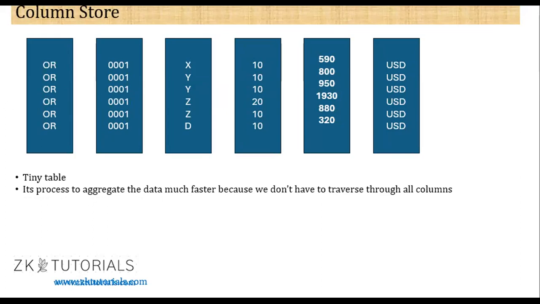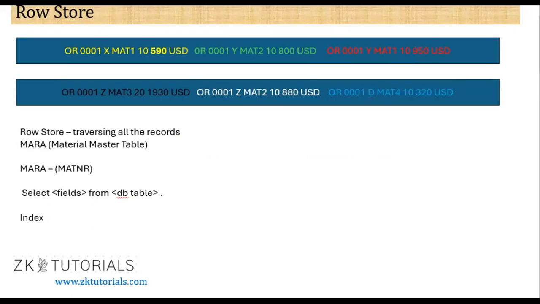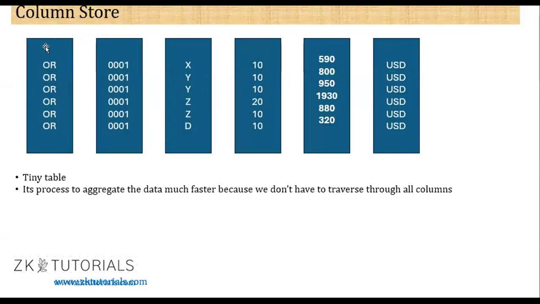So the second advantage is in the row store. If we are fetching the data and the select query doesn't have the primary key, what did the system used to do? The system used to create a second index. But in our column store, every tiny column is an index itself. Now we don't need to create a secondary index because in column store, as I just told you,